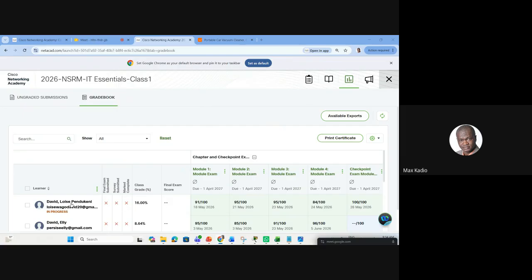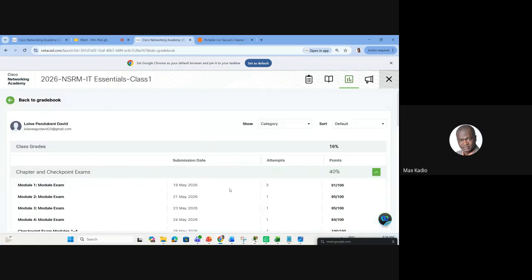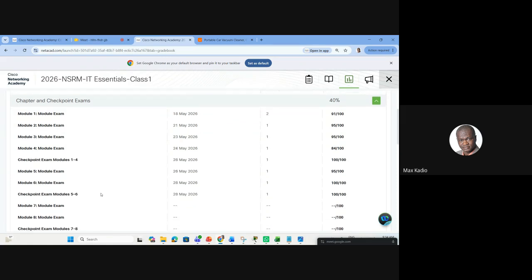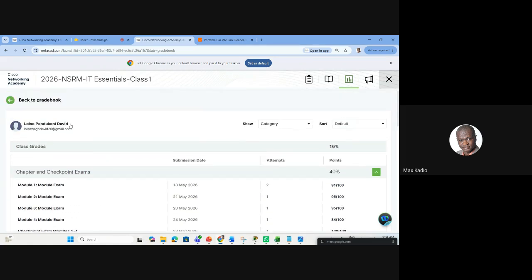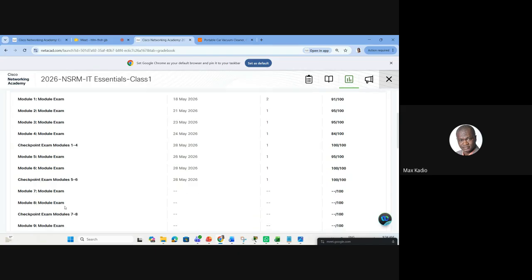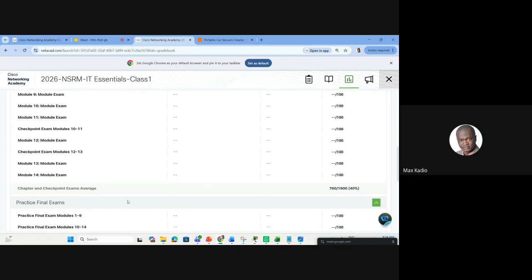If I take, for example, this student who has done everything until chapter, see, that's good. That's very good. Chapters 1, 2, 3, 4, until chapter. So it's very important.